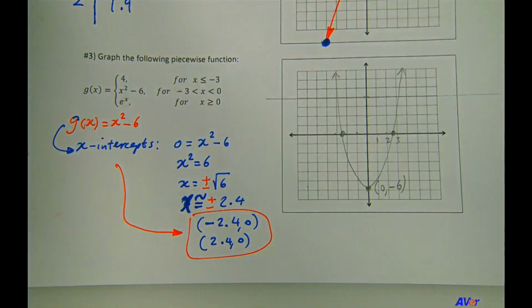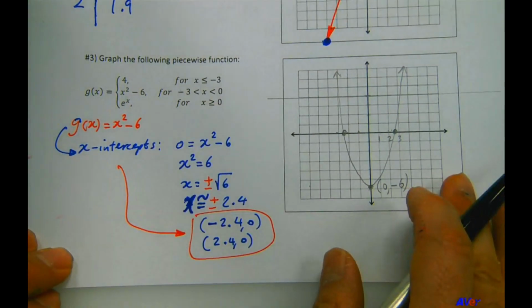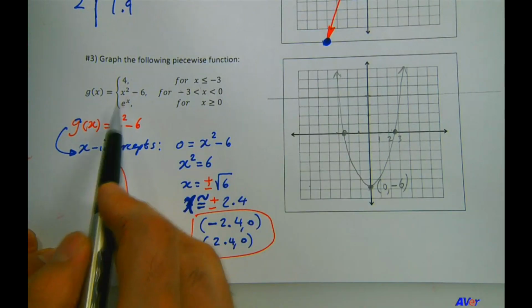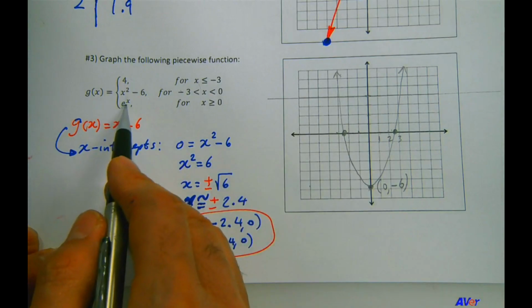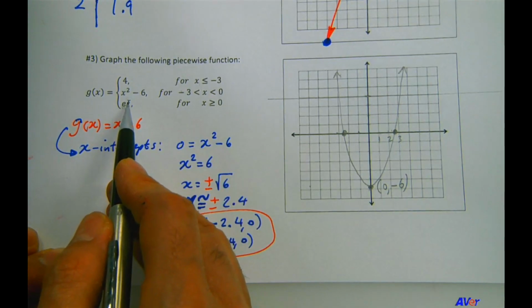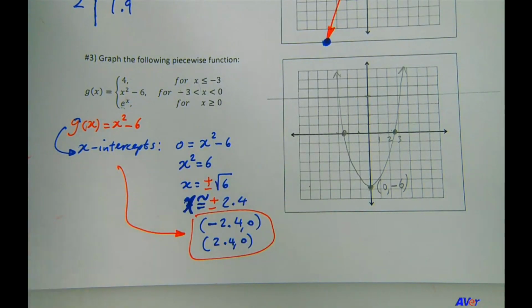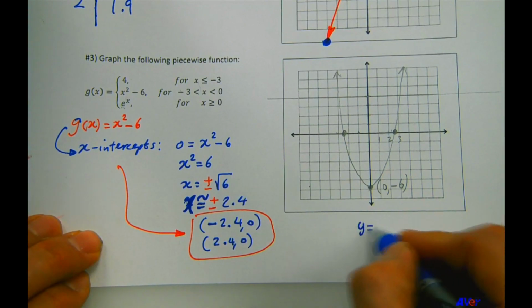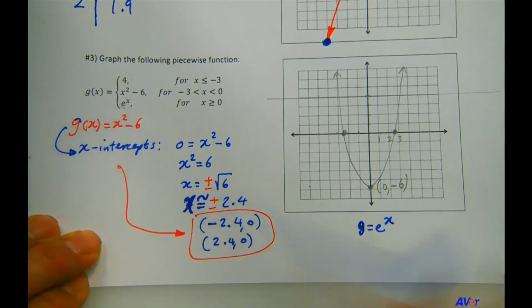Okay, then let's graph g of x equals e to the x, the function that we're learning about in this section, the natural exponential function. We need to graph that. We know this function can never be 0. We know it's an increasing function. And we know that the y-intercept is going to be at 0, 1. So for this function, let me write it here. For g equals e to the x,